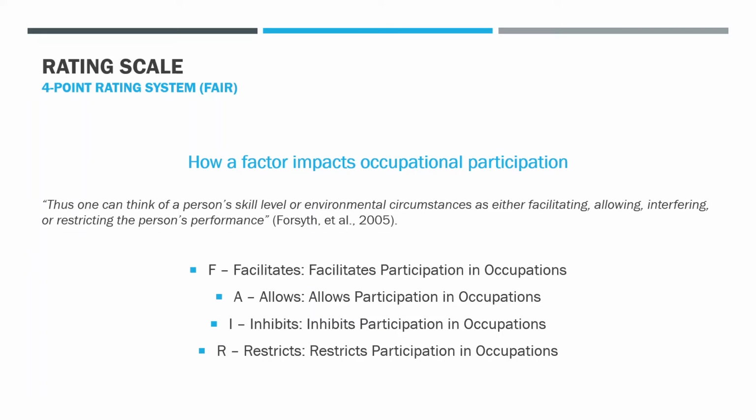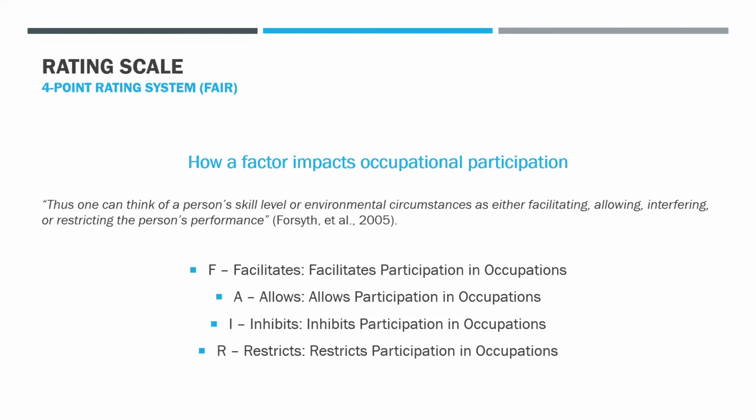person's performance. So, if we were talking about roles and the person hasn't had a healthy role in a very, very long time, I would say that their current roles inhibit and or restrict engagement in healthy occupational performance or participation. And that can go, you can run through the entire system and do that. And you'll see more examples of that as we go through the other videos, as I will break down this